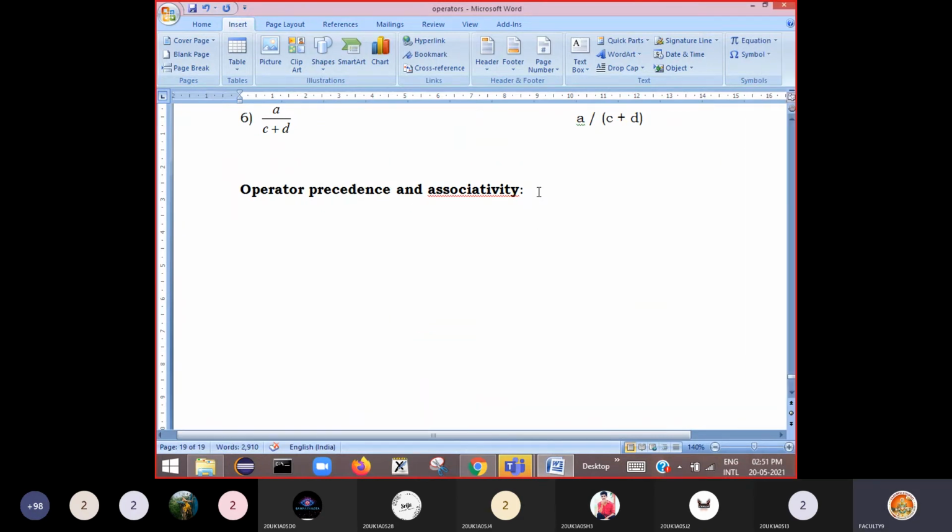So I'll add something here so that you can understand easily. Just see here. C means C language.